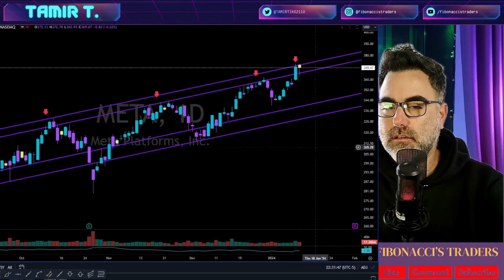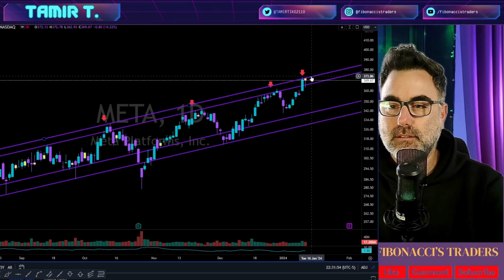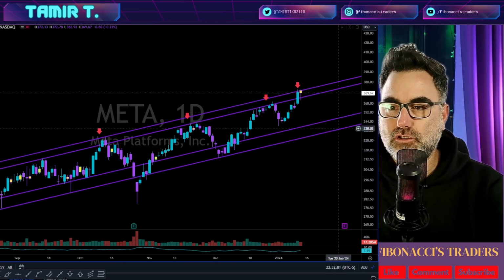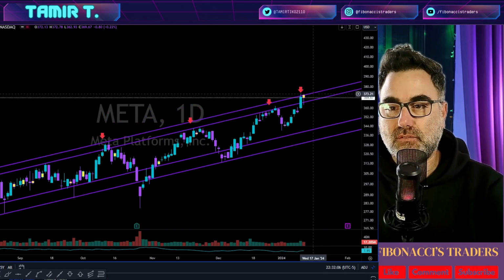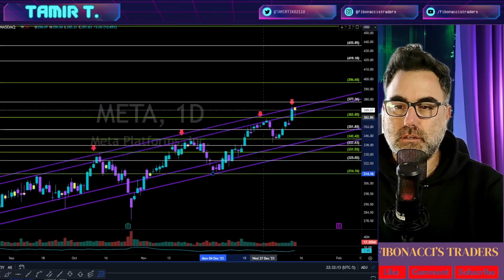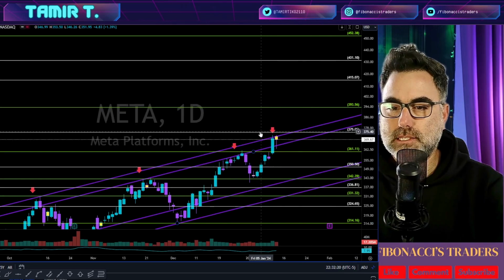Meta, you know these purple trend lines. We drew them way back, few weeks back, and once again, great example. Trend lines, support, resistance for future price action. Where will Meta head next above, if Meta will finally break above these purple trend lines? Fibonacci, you guessed it. You see Fibonacci with trend lines. This is the extension